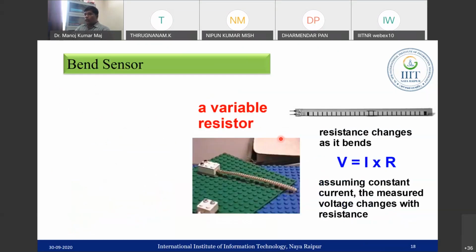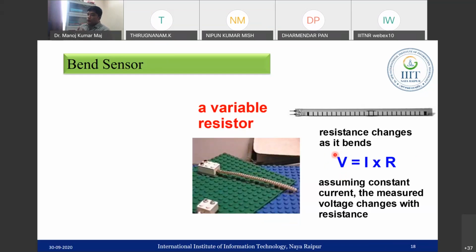So next one is the bend sensor. In the case of the bend sensor, it mainly works on the principle of resistivity. So how are we changing the resistance of a material? We can see this example over here. Whenever we bend some material, its resistance changes. If the resistance changes, then using this formula, we can easily know that my voltage value changes, so that it can be sensed,